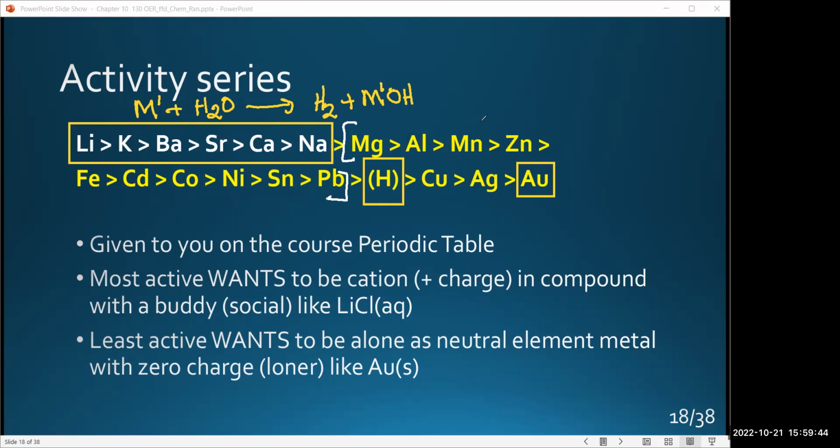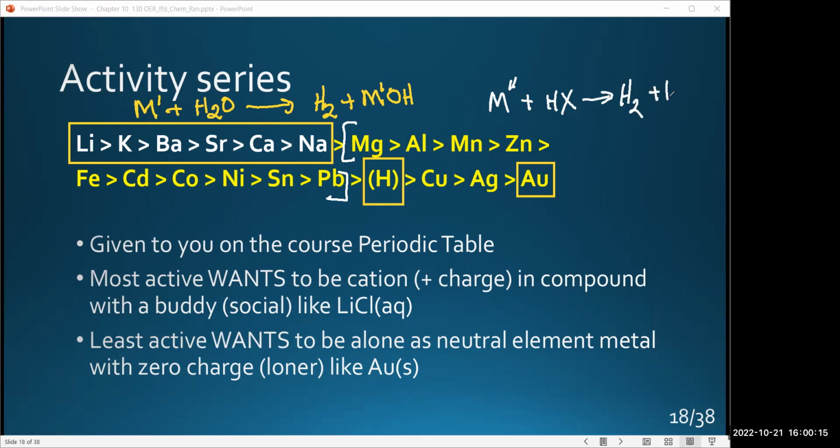To get those to react, I'm going to designate those as M double prime, and that represents the metals from magnesium to lead. And they require an acid source. I'll just say H and just call it X. It'll be any acid. And when they react with acid, they also produce hydrogen gas,